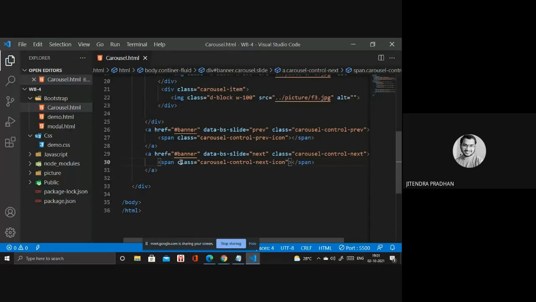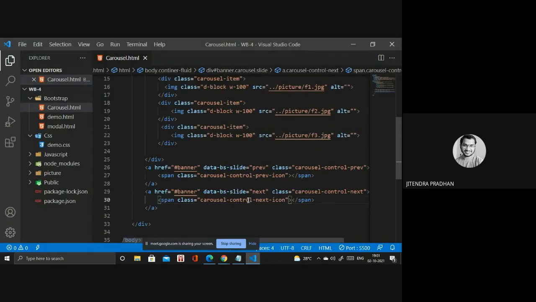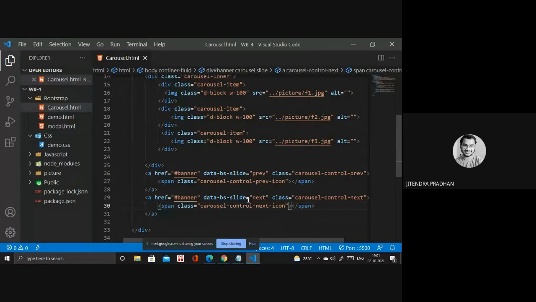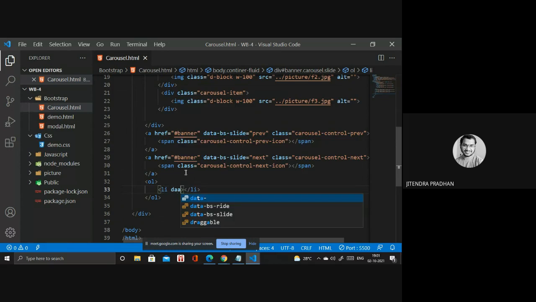Next thing, we need an OL for that. When I click that particular next button and previous button, it will work fine. Okay, right? It will go to the next slide and go to the previous one, so you have to link that. I will change one by one. So I will need an ordered list, inside I need a list item, and inside I will write data-bs-target.